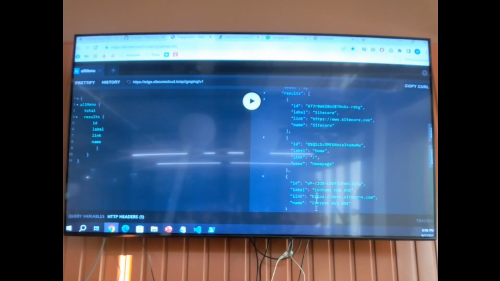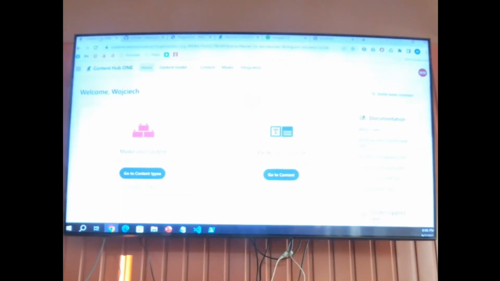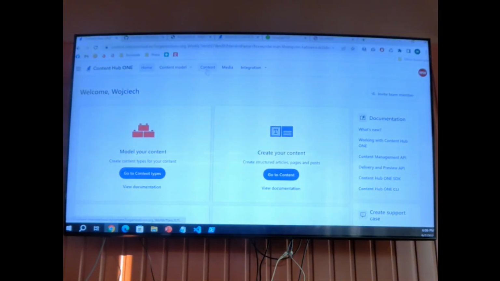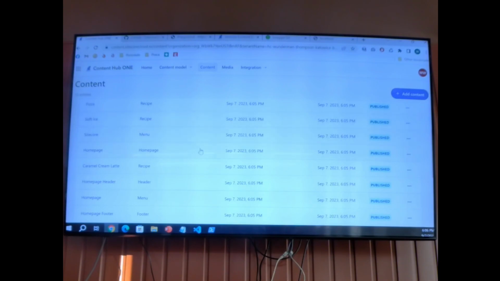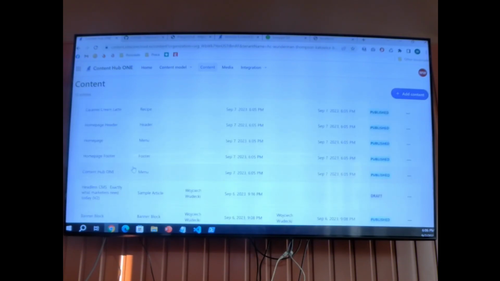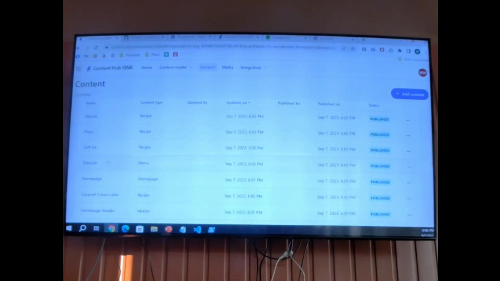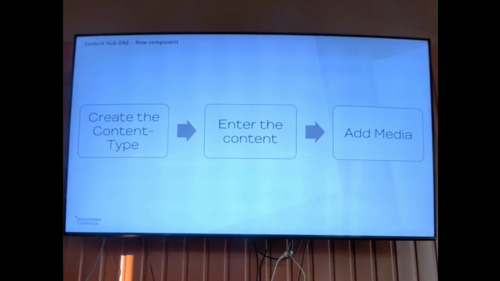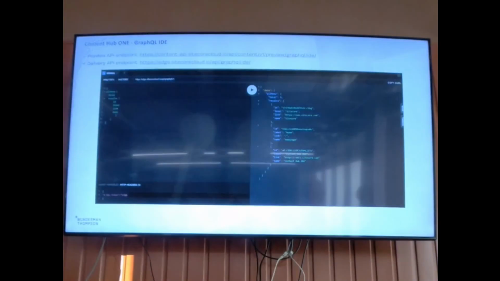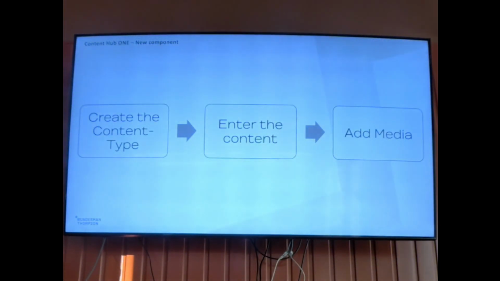This is Sitecore, homepage, and Content Hub 1. And when I go to the content, we actually should see those menu types. So we have homepage, we have Content Hub 1, and there should be also Sitecore. That's correct. Okay, let's get back to our presentation. Okay, so we checked the GraphQL. So right now, when we configure the starter kit, we can try to add a new